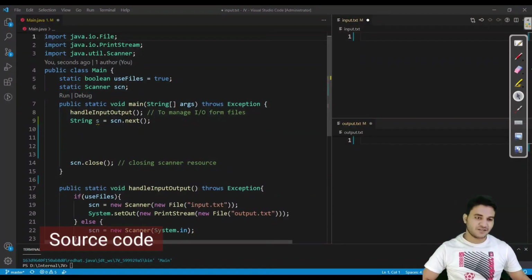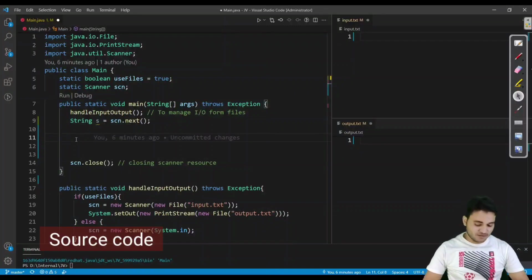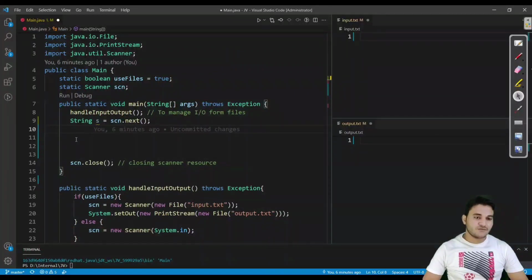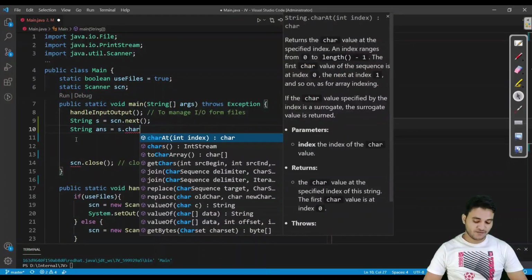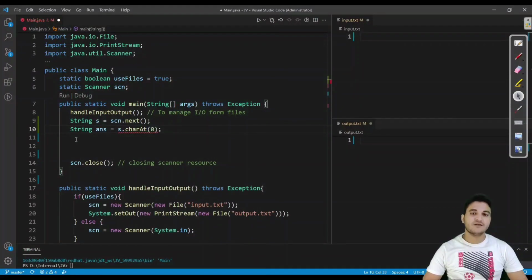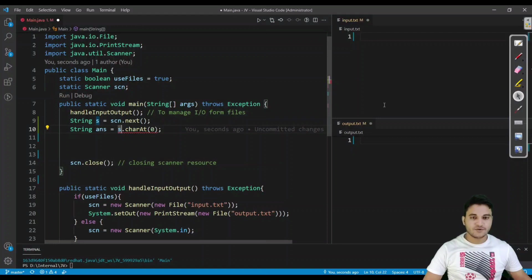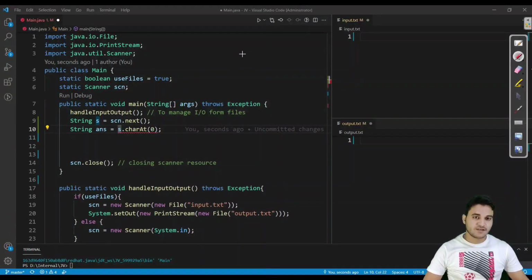Let us very quickly write it. So we have taken the input from the user. Now what we have to do: let us define a string called answer, and initially I'm putting the first character into answer, the first character of a. That means it will put the first character from a. One more important concept I want to explain here is, let us say I want to assign a character into a string. As you can see, we are getting an error.